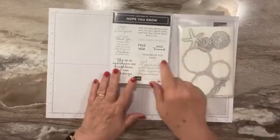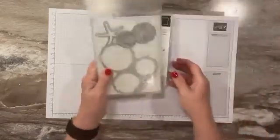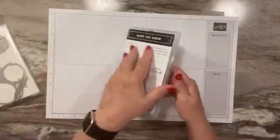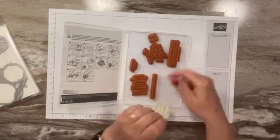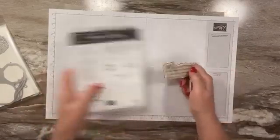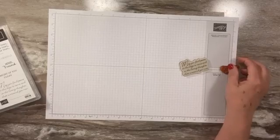We're gonna do a sympathy card with wishing you comfort. So that's what we're gonna do today. Let's grab a couple stamps, wishing you comfort, and then this one. So we're going to do a sympathy card,